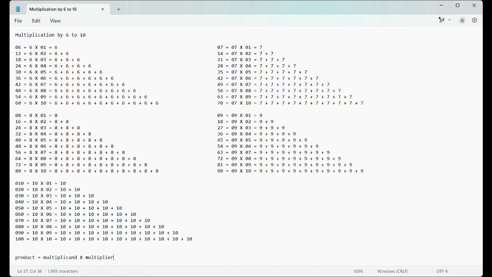The multiplier operates on the multiplicand, and the multiplicand is just the base. The multiplier is the one expressed on the right side: how many times do you add yourself